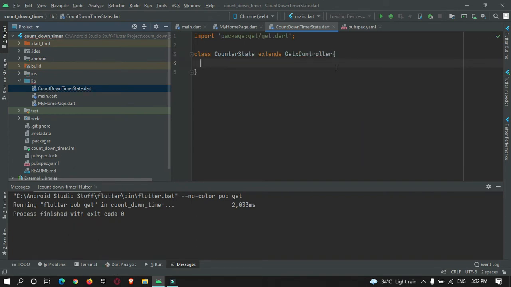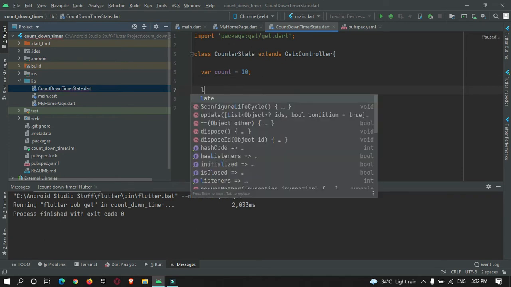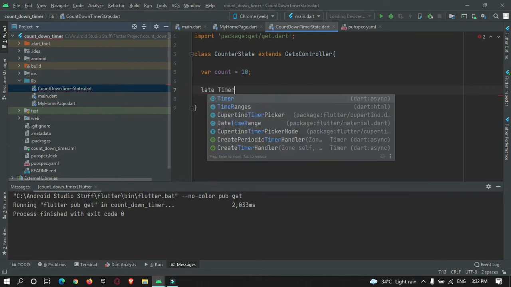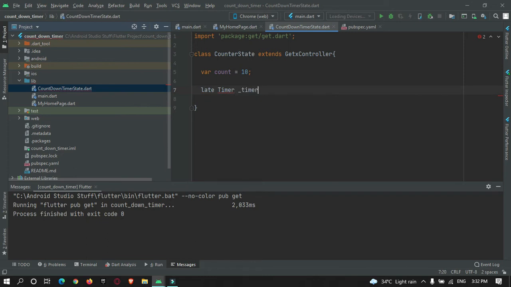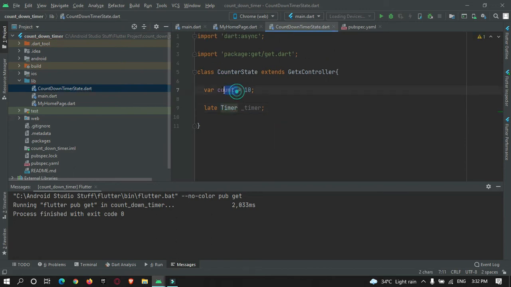Now here you need variables. The first variable will be a count, which we will initially set to 10, and create a Timer class instance that will help us in decrementing the counter variable.